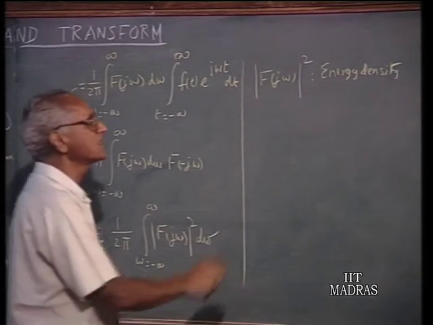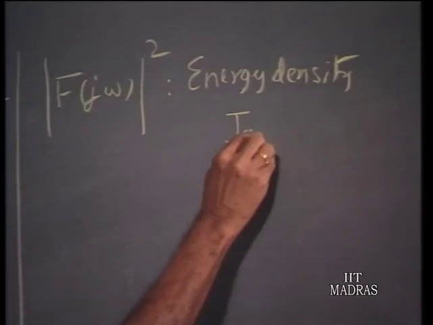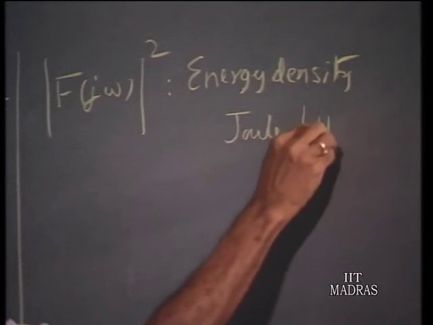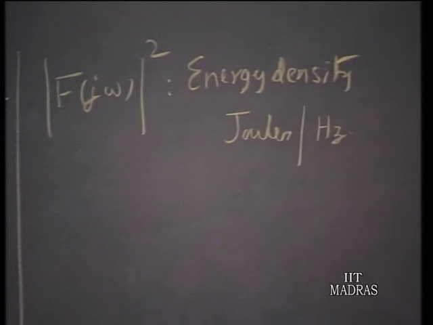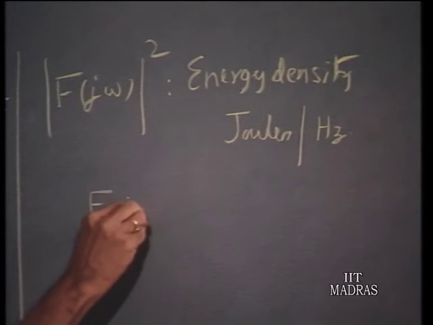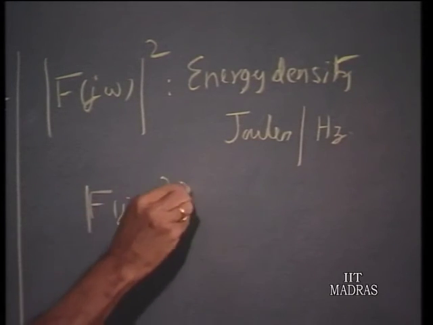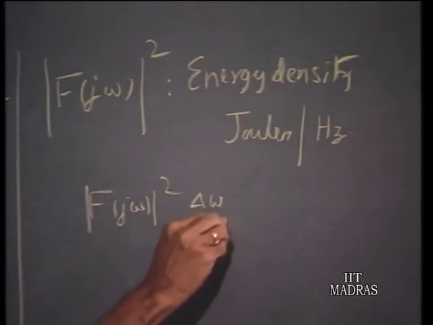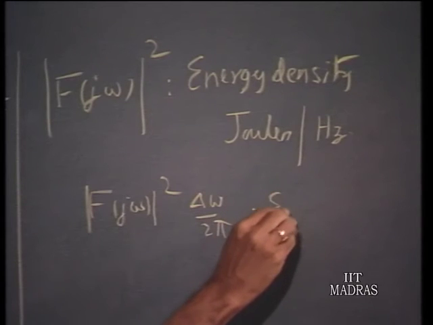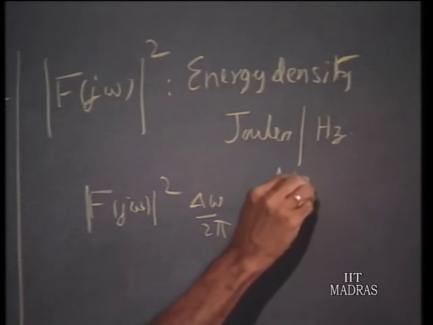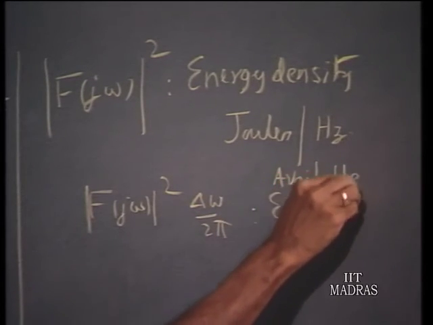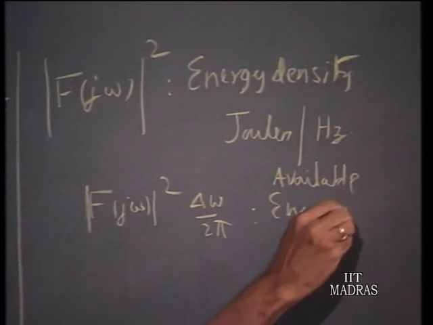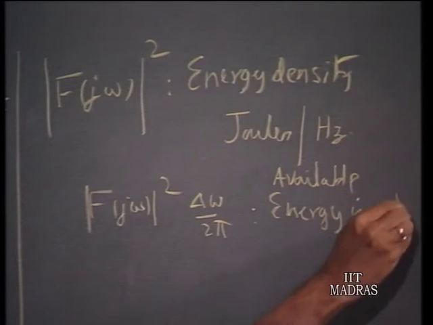So, this energy density is expressed in terms of joules per hertz, per cycle per second. So, in a small band of frequencies centered around omega, this will be F of j omega magnitude squared df, which is delta omega by 2 pi, is the energy available in a band delta omega